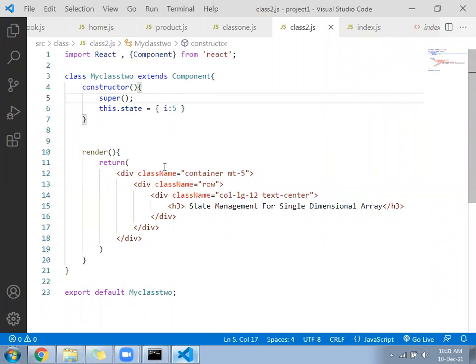Okay, ready? Now we'll call this file class2.js. Again, come there under the app.js file. Under the app.js file, we can call the class2.